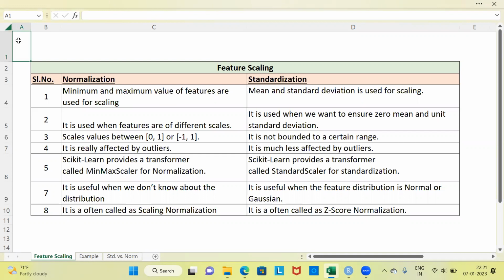My name is Mithun. In today's video, I'll be talking about a very important technique in machine learning called feature scaling. Even before I proceed to talk about what exactly is feature scaling, what are the different topics, what